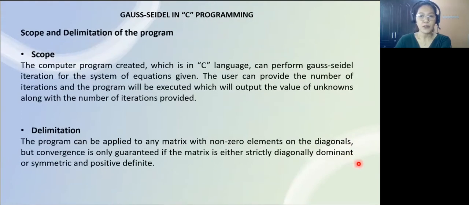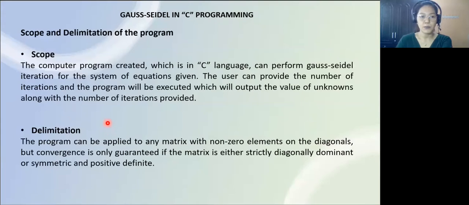Before we proceed with the program execution, let me walk you through the scope and delimitation of the program. Scope. The computer program created, which is in C language, can perform Gauss-Seidel iteration for the system of equations given. The user can provide the number of iterations, and the program will be executed, which will output the value of the unknowns along with the number of iterations provided.